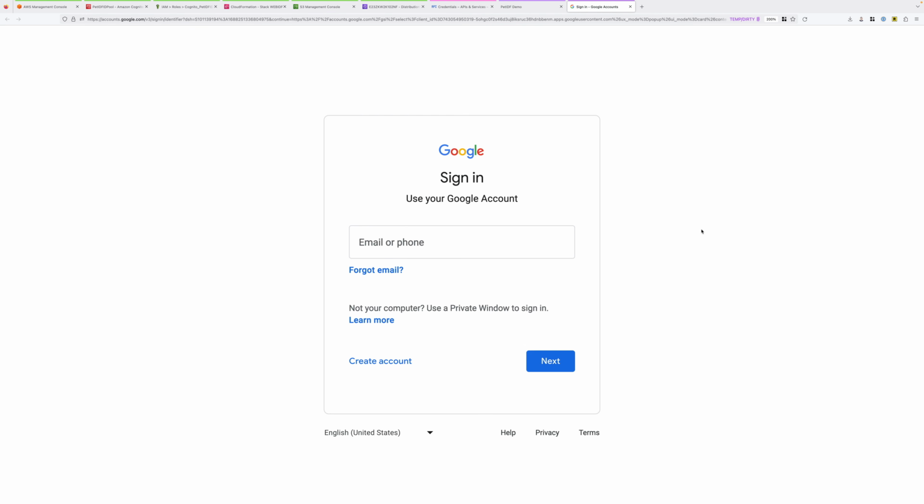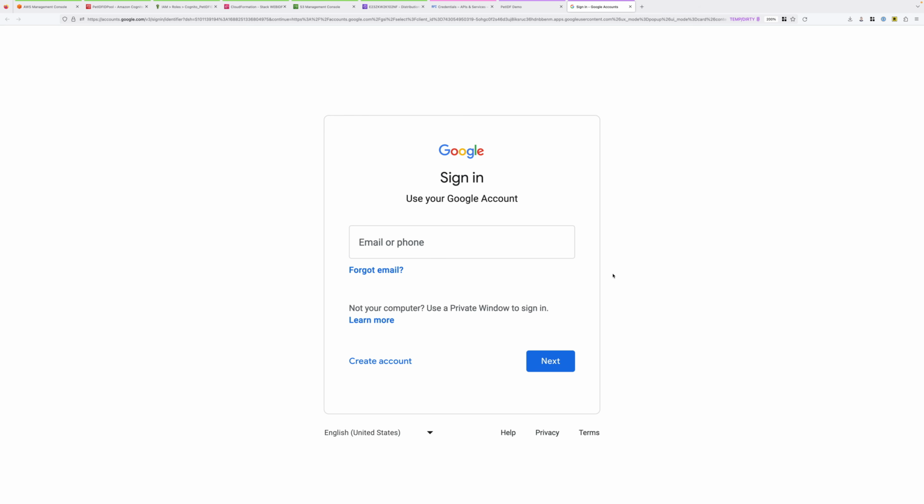Now what happens next depends on whether you're logged in to your Google identity or not, because if you are logged in, then it will use single sign-on. In my case, I'm not currently signed in with my Google ID, and so all I see is a sign in with Google button. Now when I click this sign in button, a number of things are going to happen. First, I'm going to be prompted to log in to the Google Identity Provider. So this web application has been configured when I click this button to move to the Google ID provider.